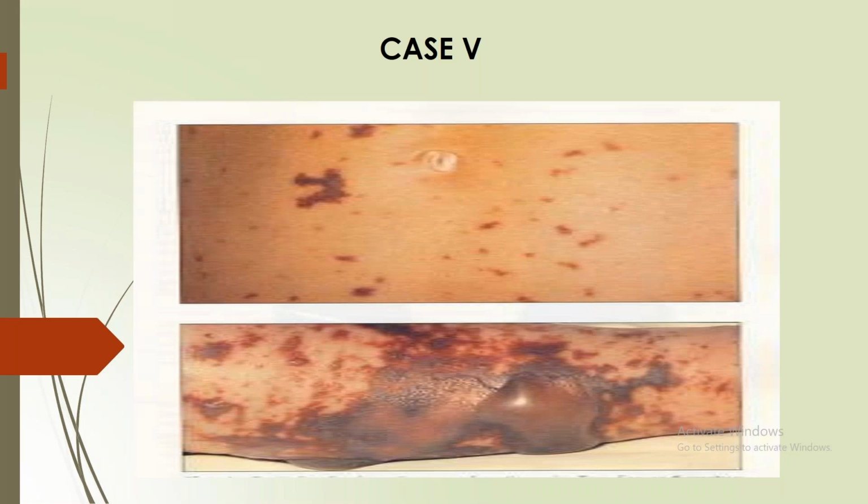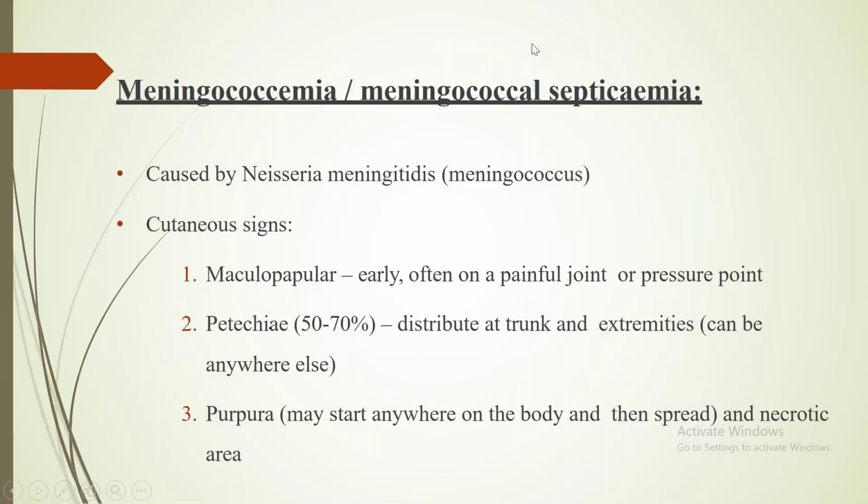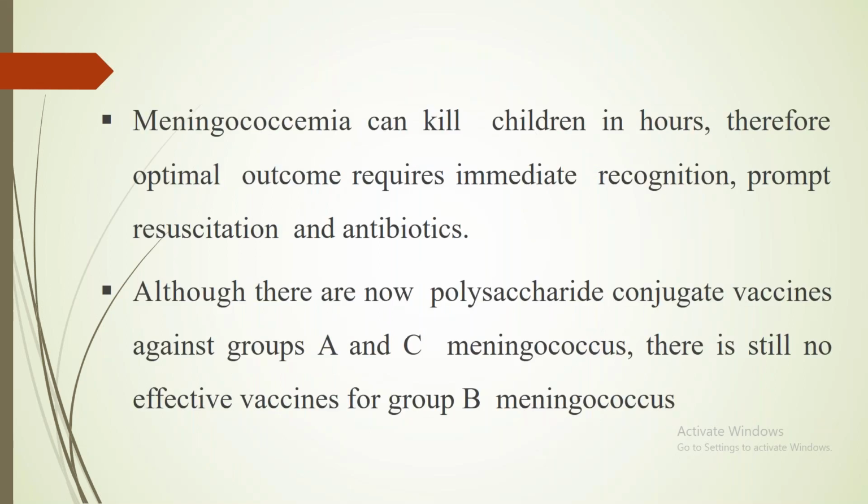Now, this is one of the serious manifestations which we can include in fever with exanthem. Initially there might be just petechiae, and then there are large hemorrhagic lesions, purpuras, which get formed in the body along with bleeding manifestations. This is seen in meningococcemia, which has different kinds of rashes. It can initially have a maculopapular rash, which can involve petechiae, then purpura, and maybe large necrotic lesions that appear.